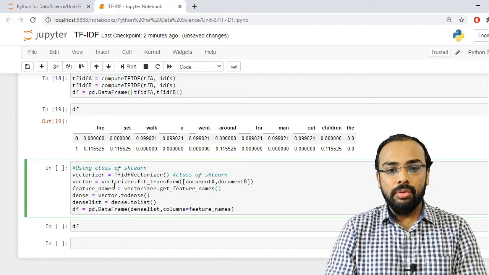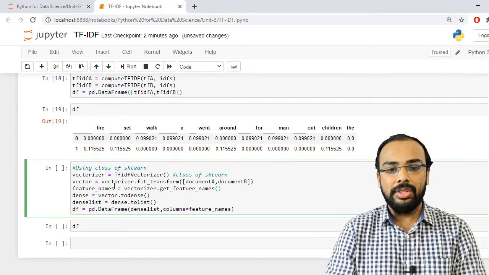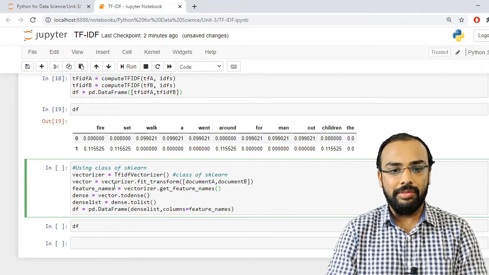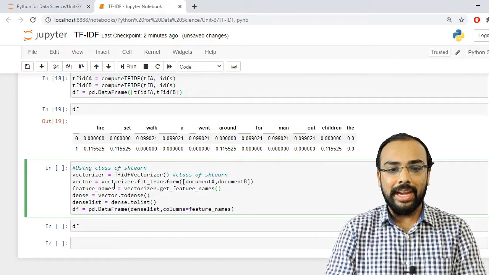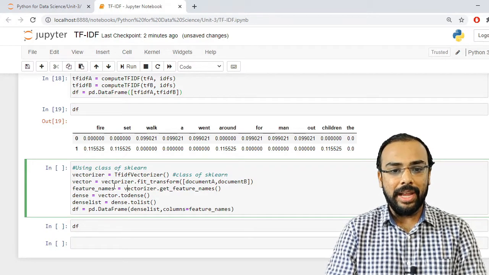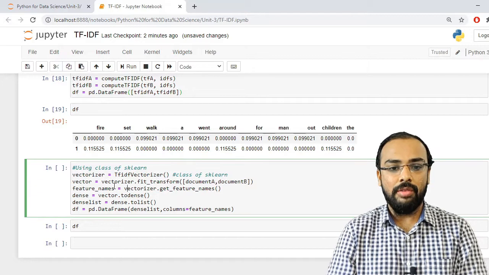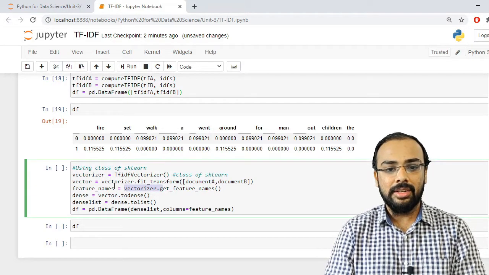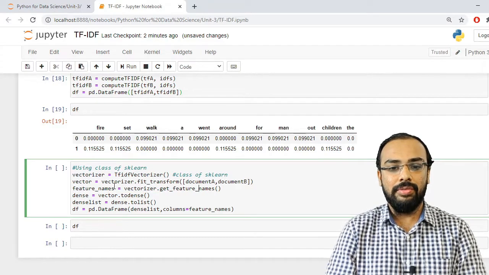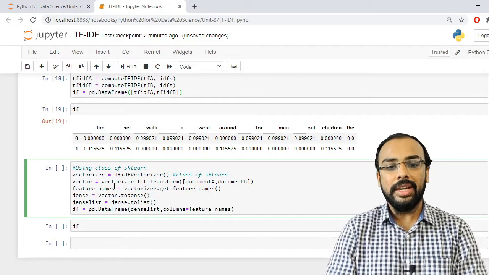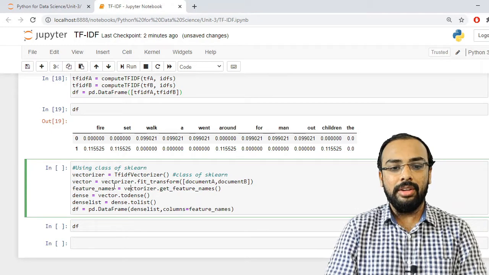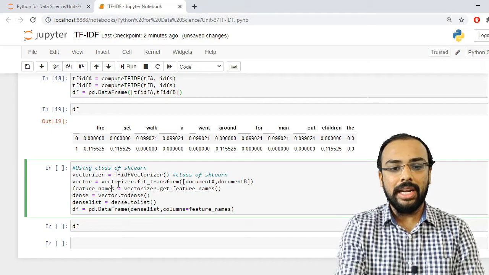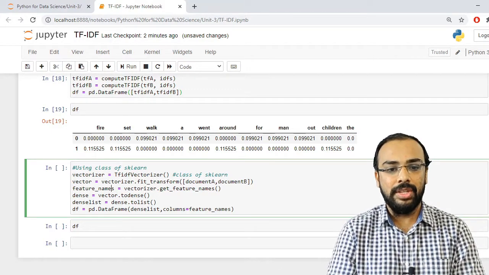Now I want to extract the features from these particular vectors. So how can I get this? For that I have the object of my class, that is the vectorizer, vectorizer.get_feature_names, which returns the names that are associated, that is the feature names.